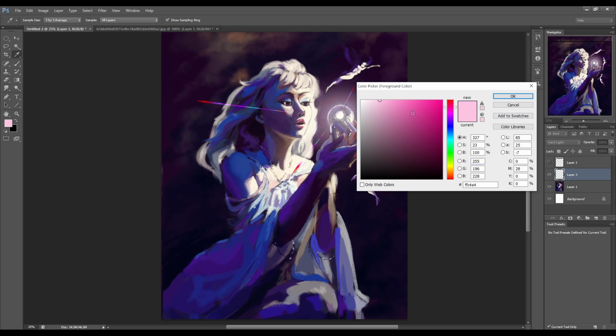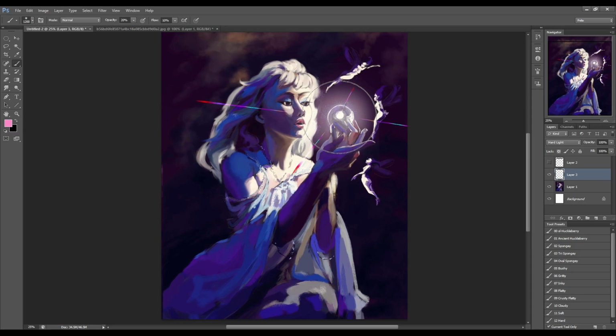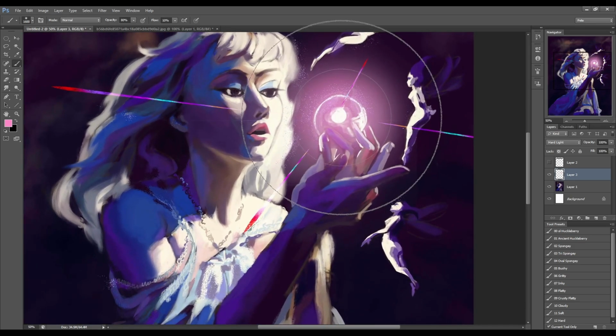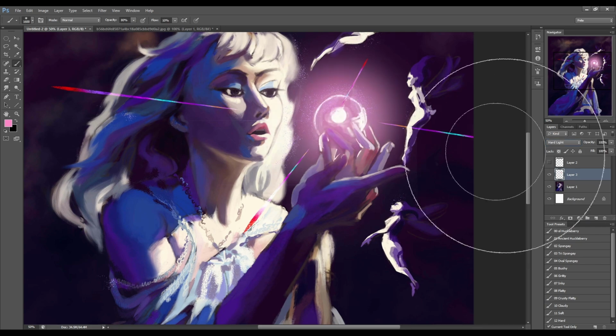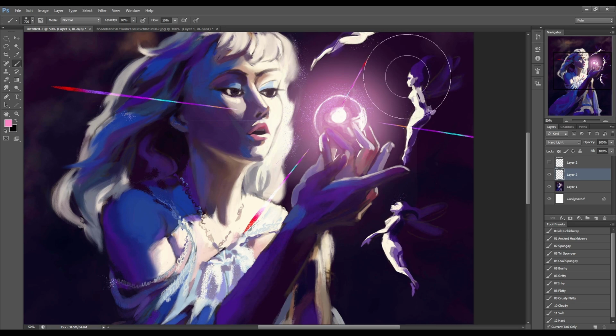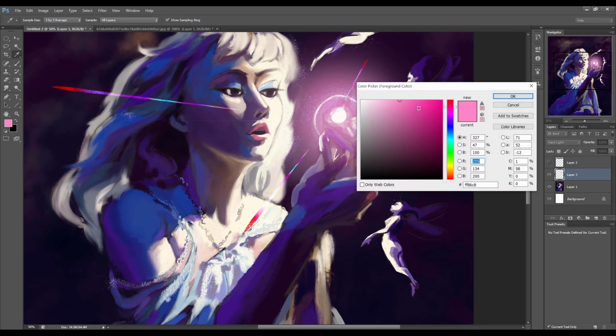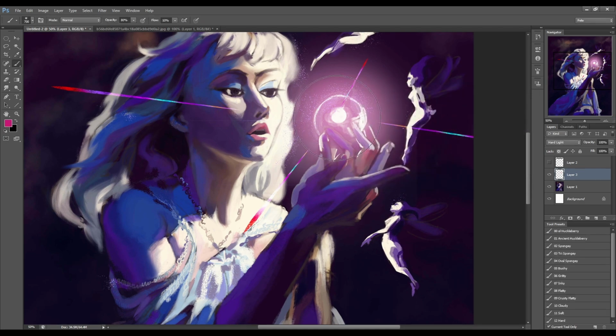Let's see, what color glow do we want to make this? You want to make it a pink glow? Yeah, let's do it. Okay. So if we just add hard light right here, and we just take pink and use the soft brush and hit it, you can see we get this very glowy effect very quickly, because it's not going to dull down that center highlight. This is it on normal. You can see it's looking pretty gross. But here we get this brilliant glowy effect, because as it goes from this blown out center where we have zero saturation, as it transitions into more midtones, we start getting a ton of the saturation from this color down over the pixels underneath it.